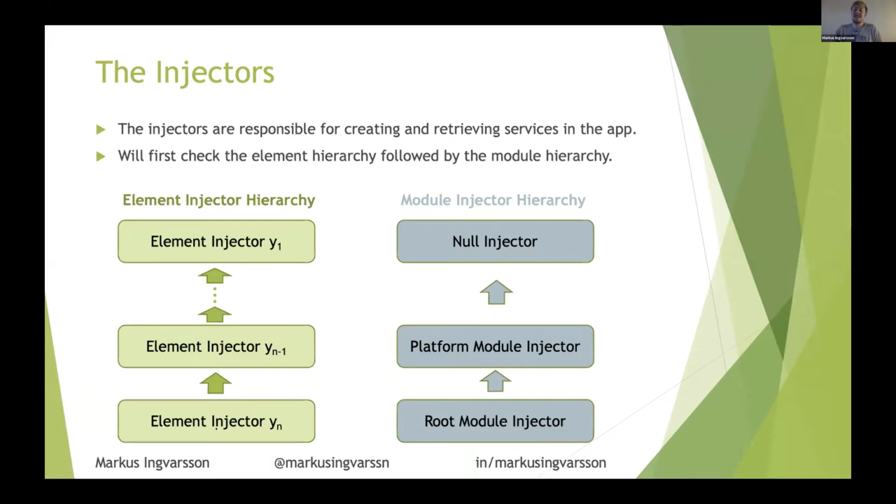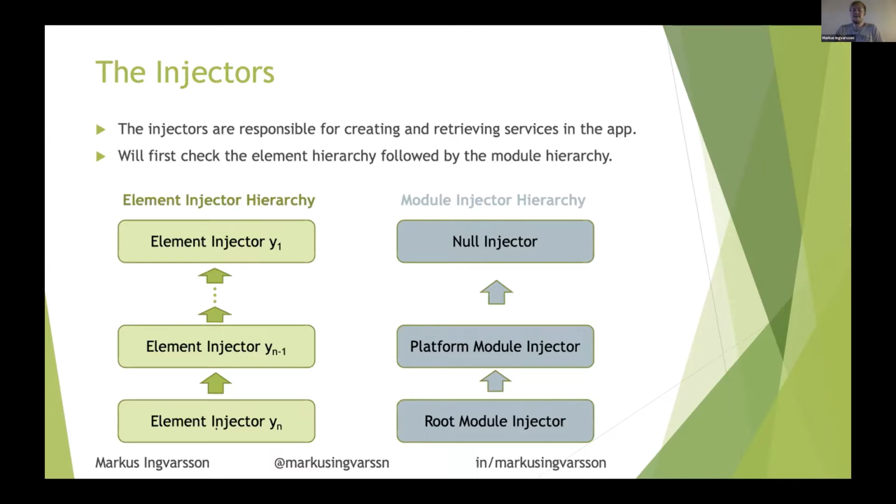So for a component, Angular will try to satisfy dependencies in its constructor by using its own element injector. This local injector will see if the service it's looking for exists in the providers array in the component decorator. And if this is not the case, it will forward the request to the element injector of the parent component.